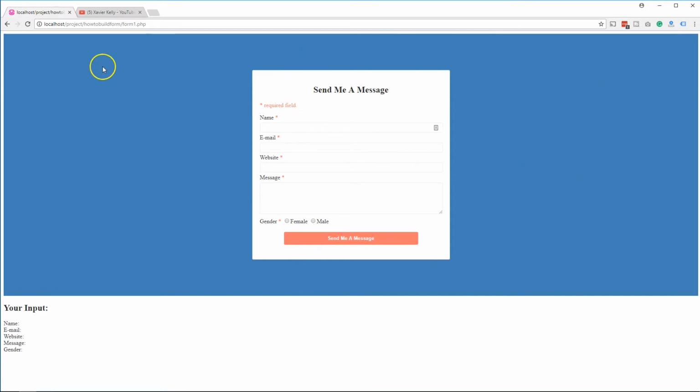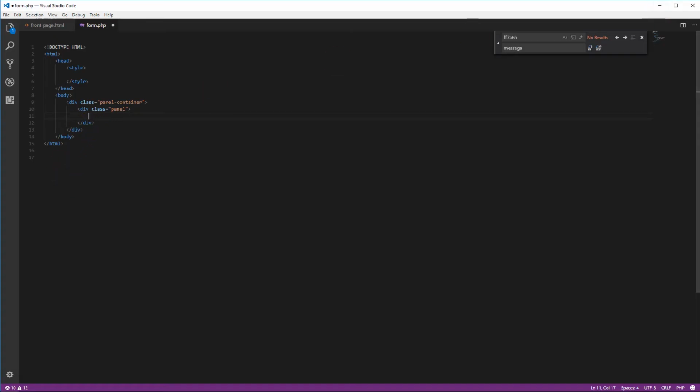So we did the container, which is all of this space right here, the panel, which is this, and then we're going to do the form, and then we'll do the PHP. So let me go in, and for now we need a header. I'm gonna put that in there. Since I've already created it, I'm gonna just paste this in right here so it doesn't take too long for you guys. Okay, so now we have our header, and basically I gave it a class of center